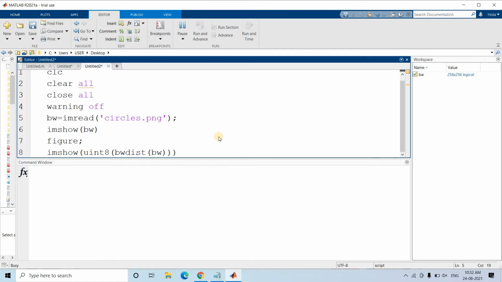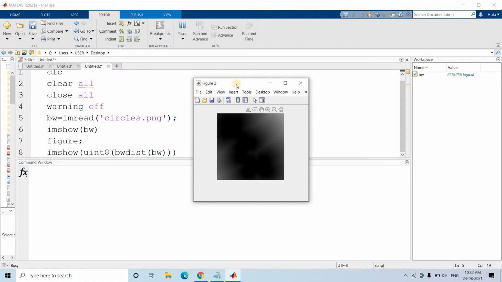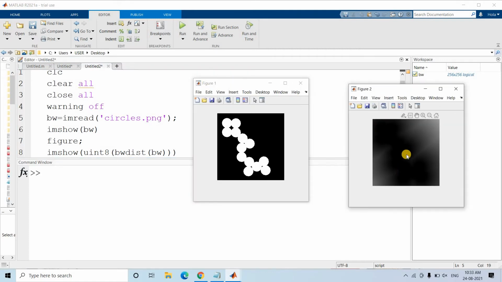If I just do this, you will see that as we go away from these white objects, it becomes brighter. That's what the distance transformation is, right? If the distance is more for a particular black pixel from the nearest white pixel, it will have a brighter visualization, because we just replace that pixel by the distance. So if the distance is more, the pixel intensity will be more, right? This is the expected distance transformation,